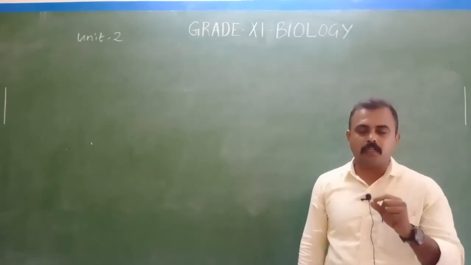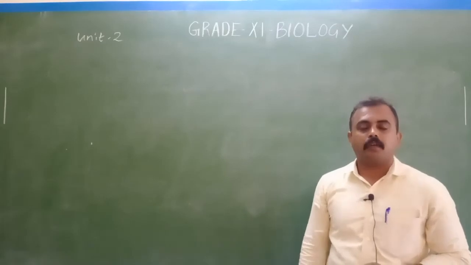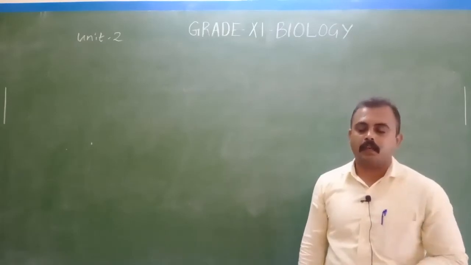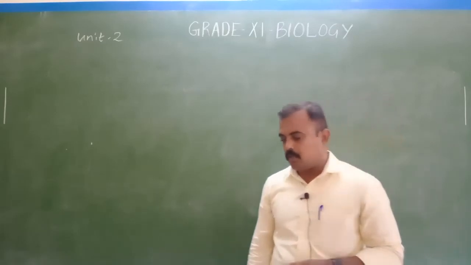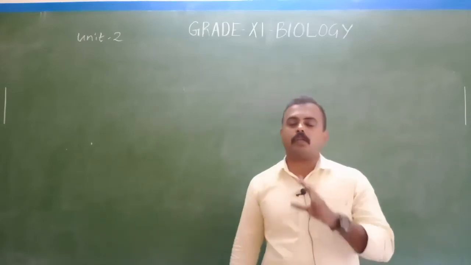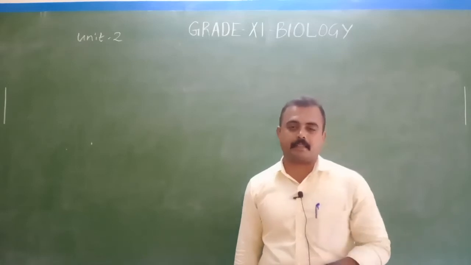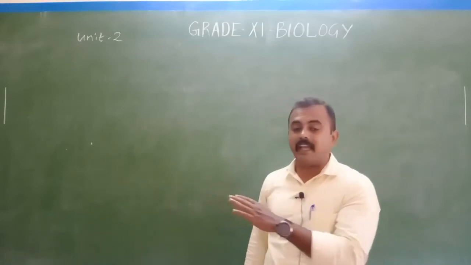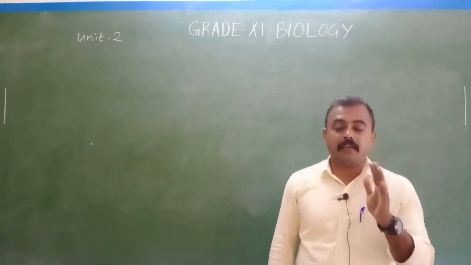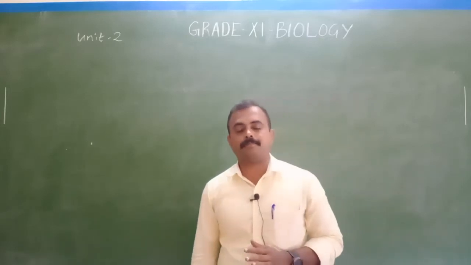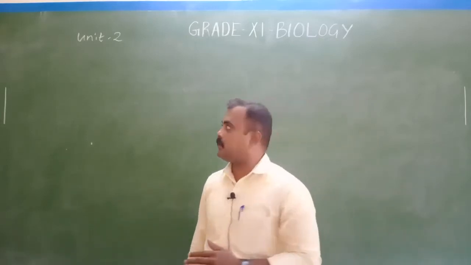In unit 2, we have 3 chapters, of which one was omitted. It is chapter 6. So in this unit, we have chapters 5 and 7. First, we will start with